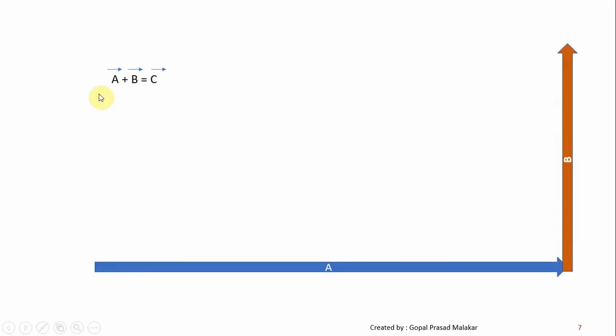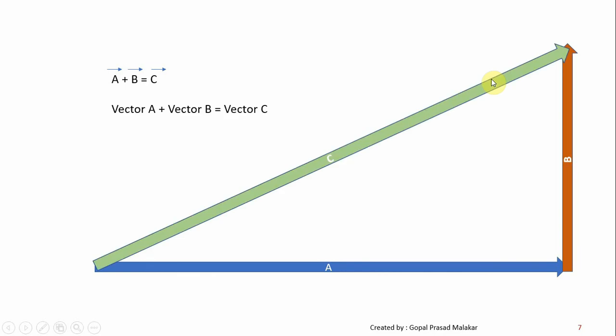So essentially in the books you will find this way, that on each vector at the top you put the arrow, that's what tells you vector A plus vector B equal to vector C. However, I'll be mostly writing vector A like in the text. So A plus B equal to C, that's what we got to know. Now the question comes, how do you find vector D, which is vector A minus vector B?